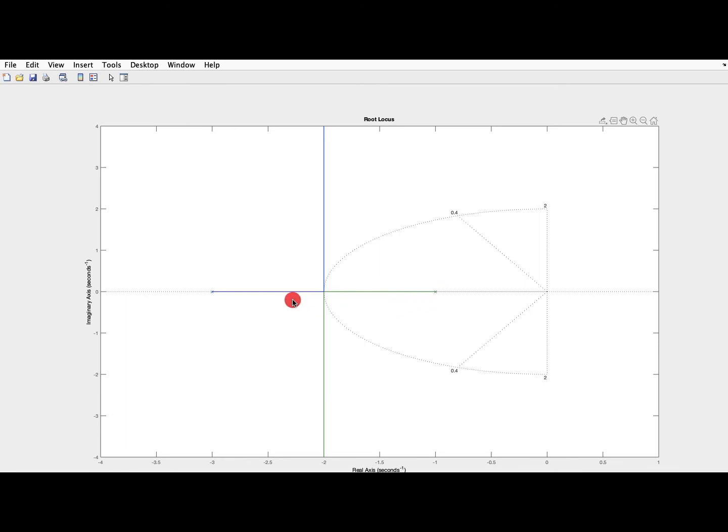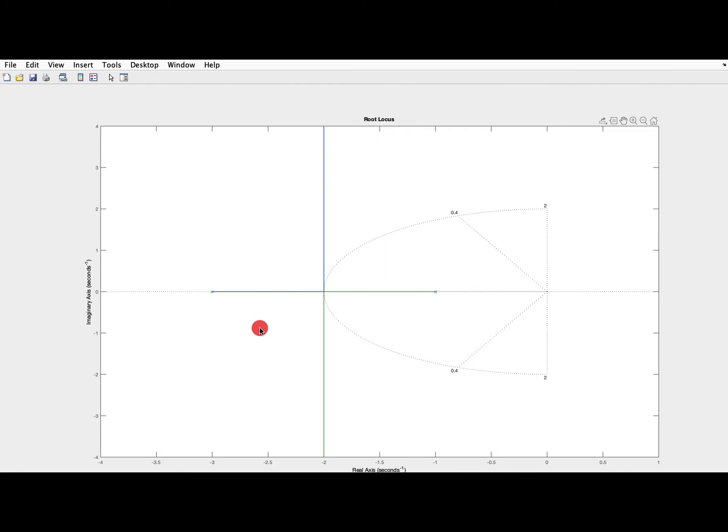So let's run it, and here you can see the root locus. There are two poles, one pole is over here and the other one over there, and here is the sketch of the root locus with the help of the rlocus command. And we have sketched the zeta line of 0.4 up to omega n equal to 2, so you can see this is the omega n circle, right? If your omega n is equal to 2, your closed loop poles will be moving over this circle for a second order system, not for this particular root locus, but for a second order system. For this system the root locus is like that: when your k is equal to 0 you are at this point, and when your k increases these poles will move toward infinity.